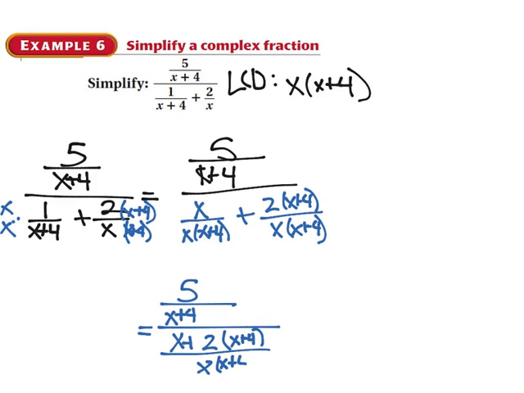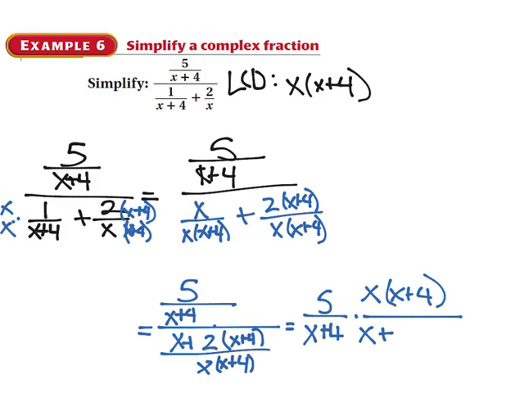Now we flip and multiply, and we would end up with 5 over x plus 4 times x plus 4 all over x plus 2 times x plus 4. Now we would cross reduce,